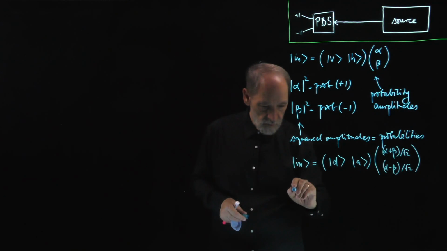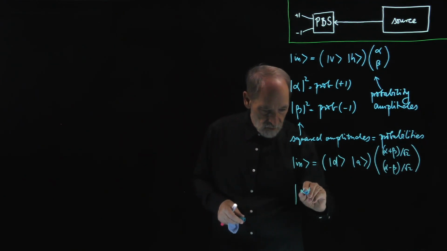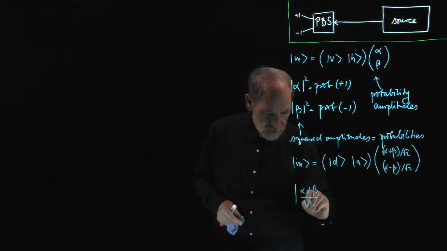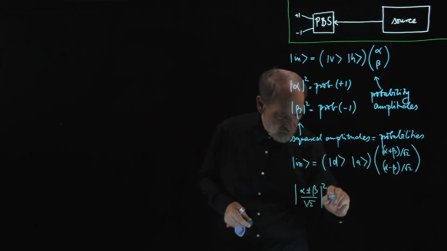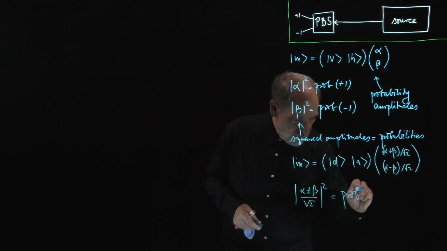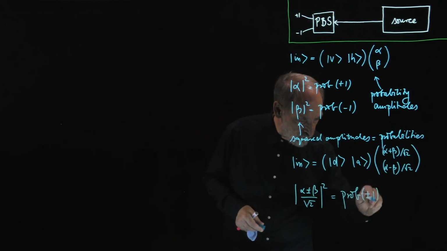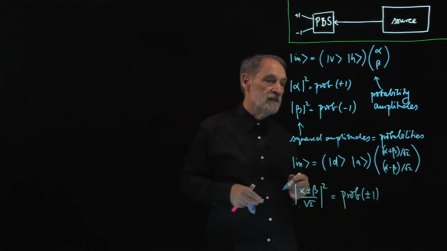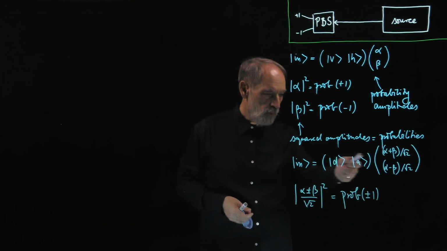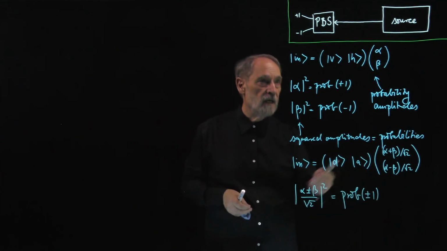So squaring these, alpha plus or minus beta divided by square root 2 squared, will now give us the probability for +1 or -1, but not for this device, okay? Because now we are probing diagonal and anti-diagonal